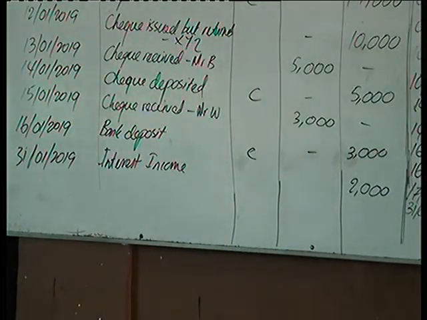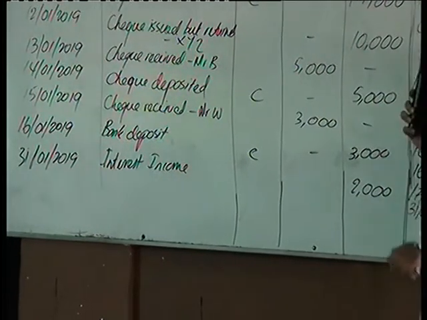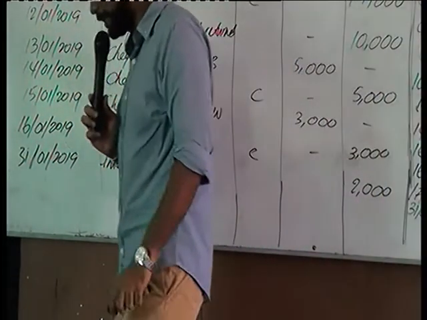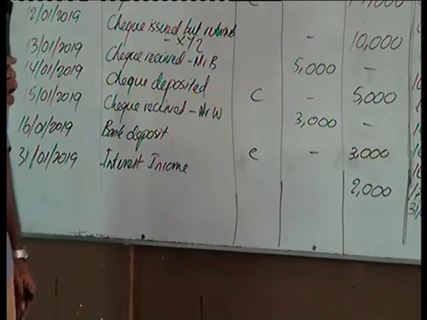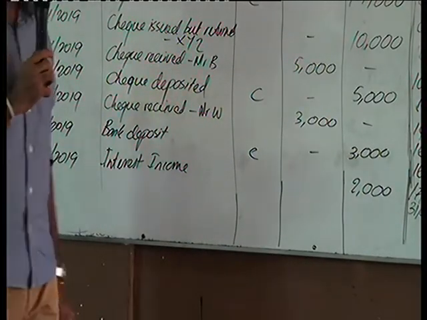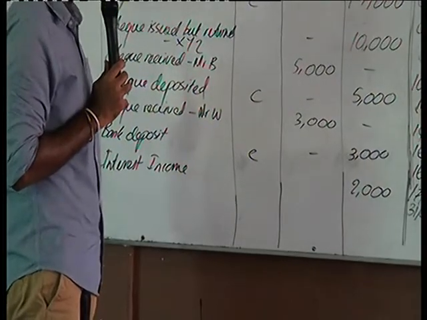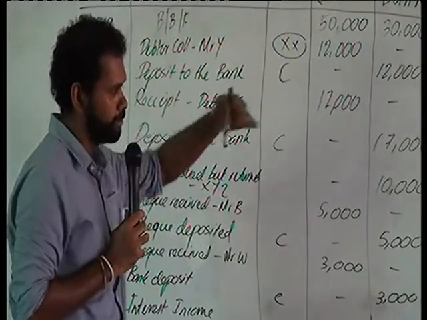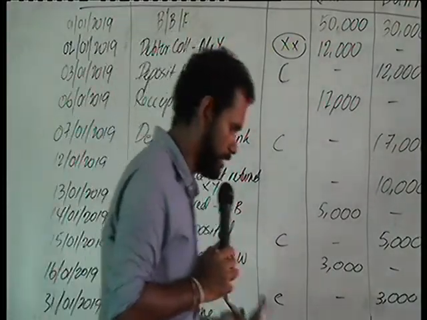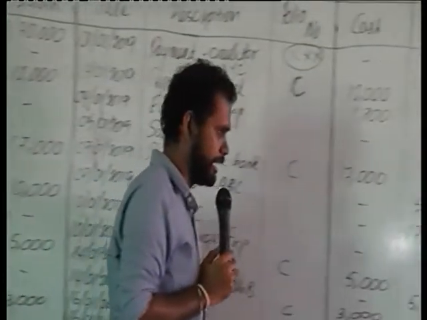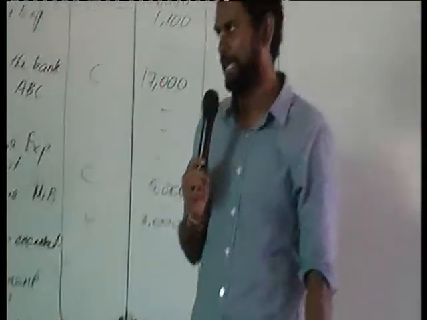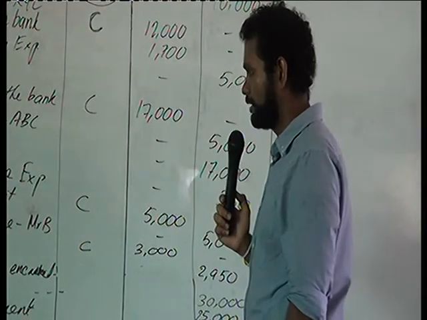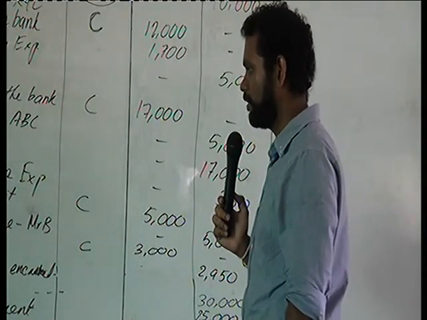Now you can see, depending on the transaction and depending on the type of the balance, whether it's paid through the cash account or whether it's paid through the bank account, we will have to record the transactions in the prime entry book, cash book. So here you can see there have been contra entries, that is deposits to the bank and then related to the settlements to the bank. So if there is any entry which is going to be reversed through the same bank account, we are going to put it as a contra entry.